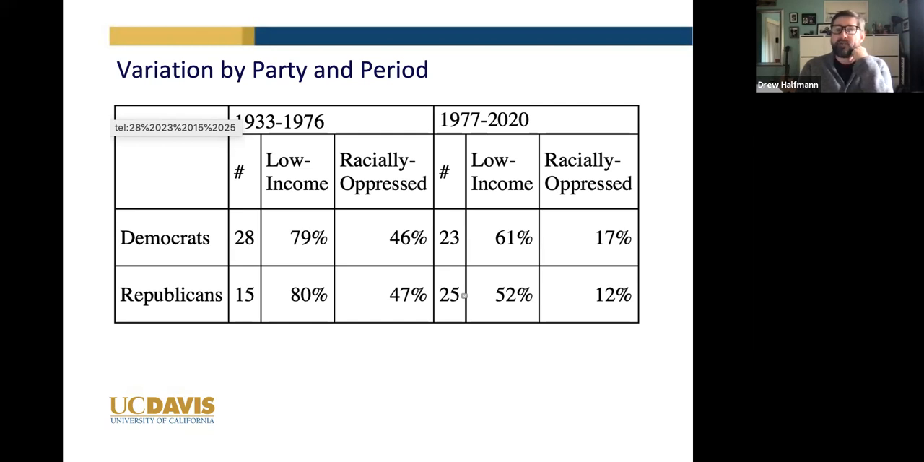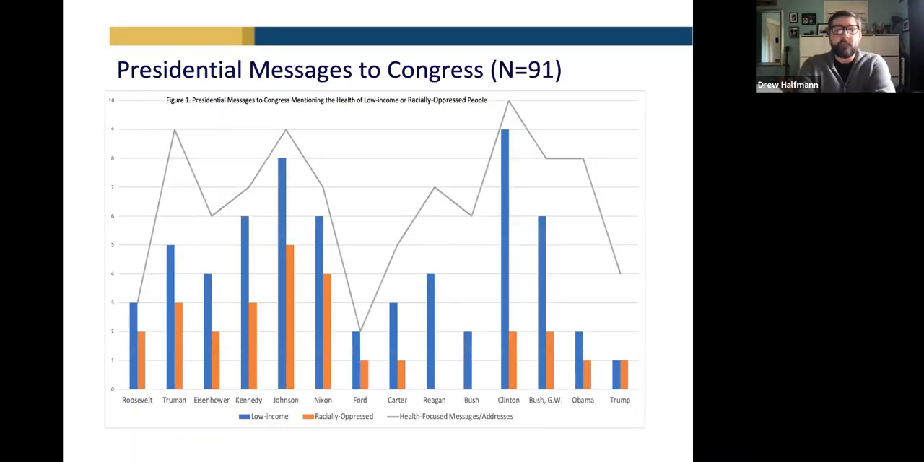So you have, for Democrats, for low income, it's going down from 79% to 61%. For racially oppressed groups, 46% to 17%. Similar patterns with Republicans. Republicans actually fell more, though. So Republican on race is not as big a difference, but on low income, it's a difference. And so then, looking again here,